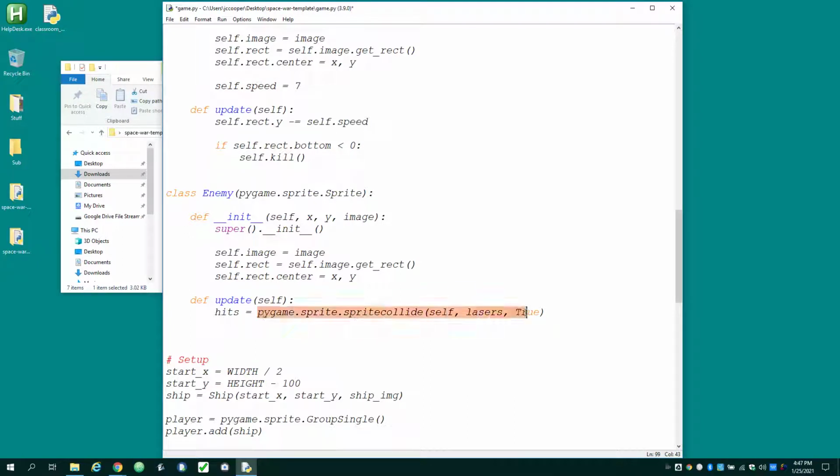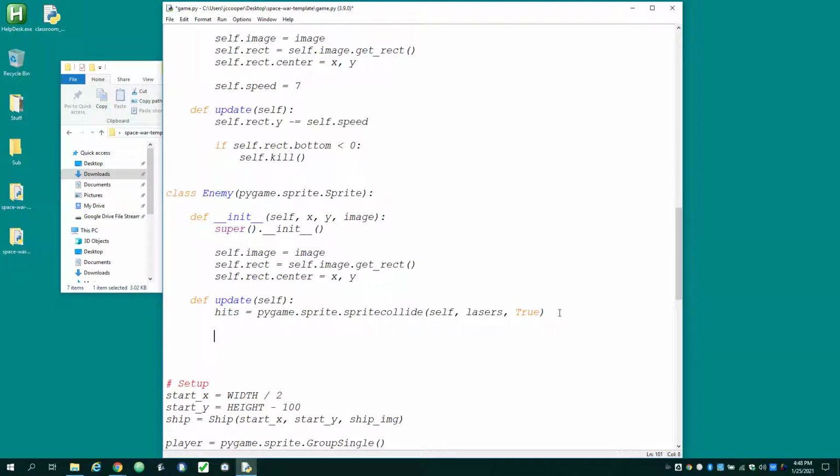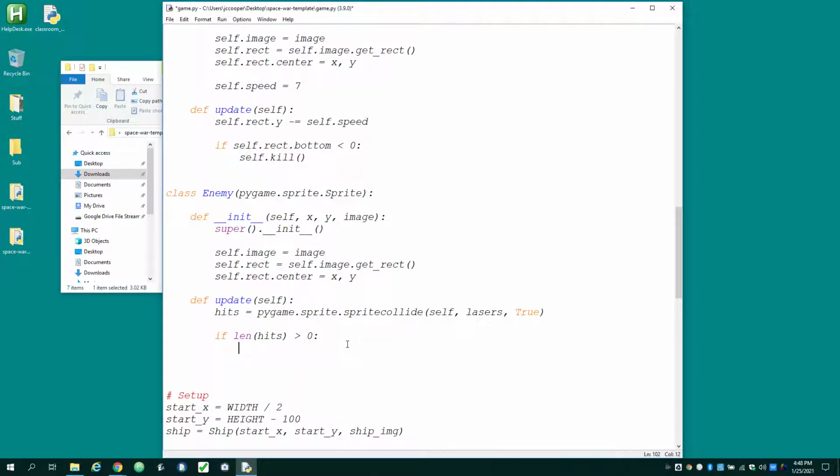It returns a list of all of the laser objects in the game that might be touching an enemy, and it stores that list in hits. And so it's real simple to check to see if we've been hit. All I have to do is say if the length of hits is greater than 0, so if there's anything in this list, a laser must have hit us, and therefore